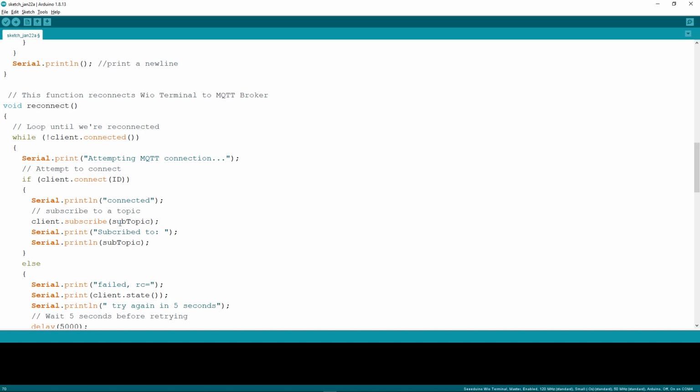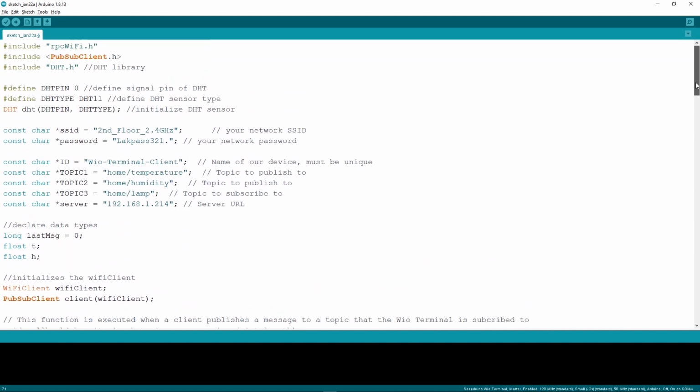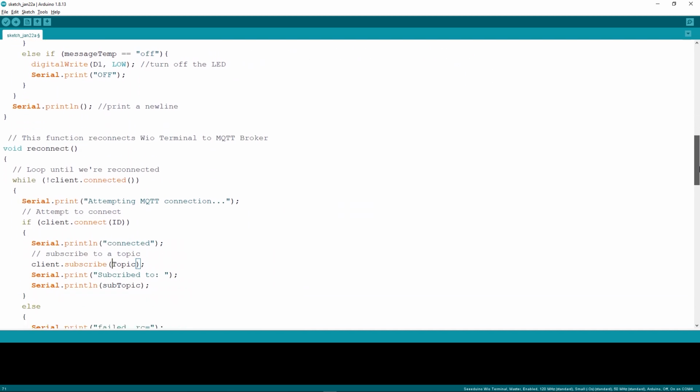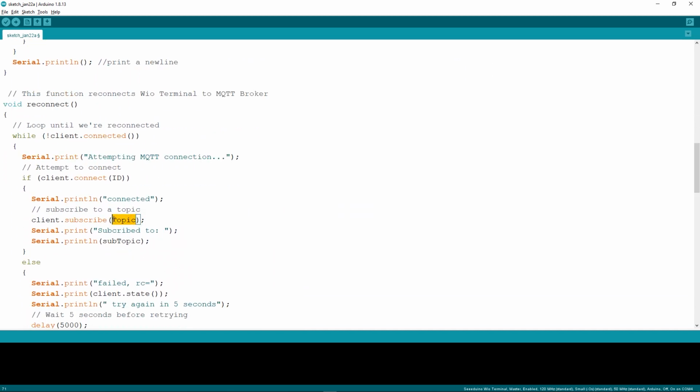So this is the topic that we are going to subscribe to. So we have configured above here topic 3 as home lamp. So this will be the topic that we are going to subscribe. So topic 3. So this should be all uppercase. So topic 3, and then let's print it also here.